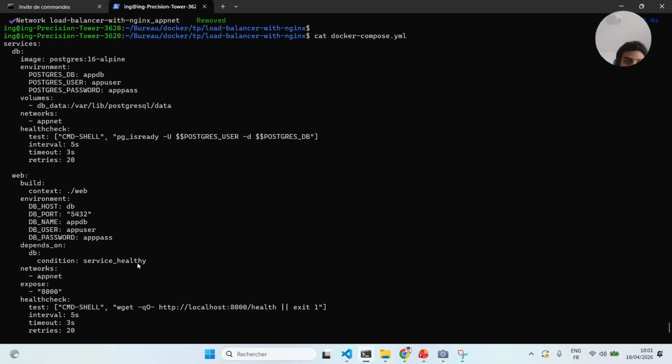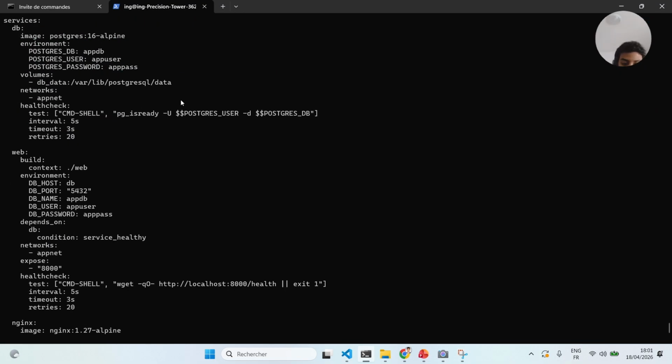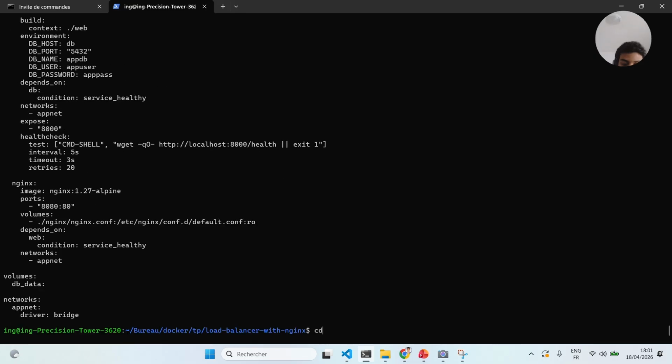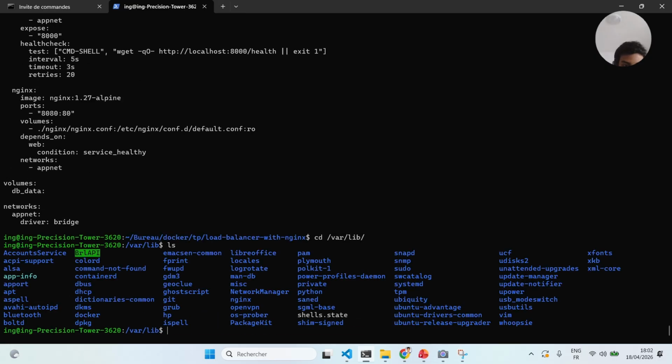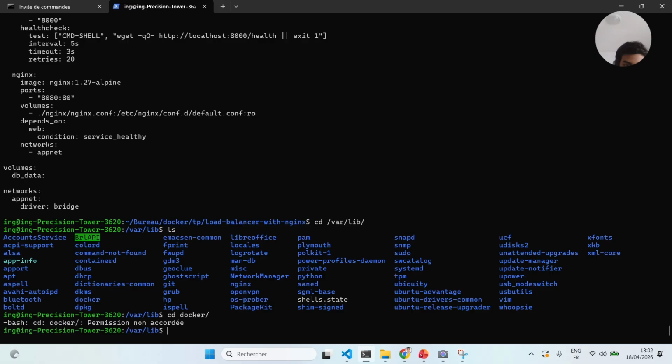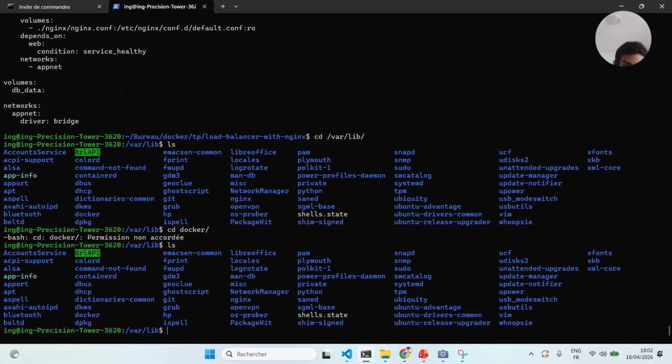So it's in var lib postgres. So cd var, lib, ls. Maybe I have Docker. No Postgres. Docker. Where is my app? Okay. Yes, Docker. And you need to go to var lib docker.